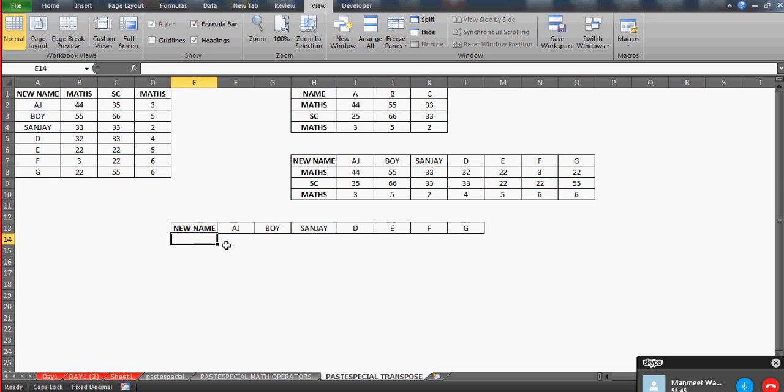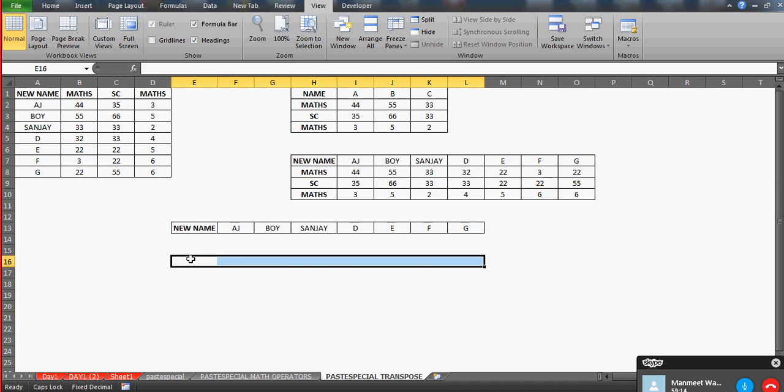Yeah, alright. So now let's see what we are going to do. Now see, when you do the transpose, you know that the number of rows is converted into the number of columns, but the count remains the same. So we have here 1 2 3 4 5 6 7 8, and we have here 1 2 3 4 5 6 7 8. Only the direction changes, but the number of cells remains the same. So I know that we have 8 cells here, so I'm going to select these 8 cells,